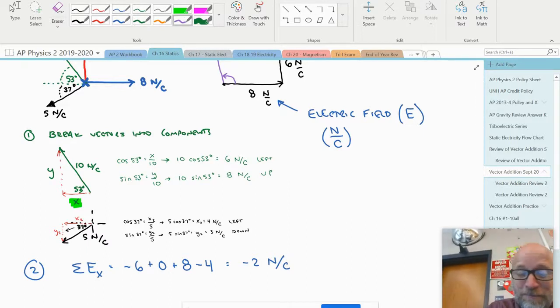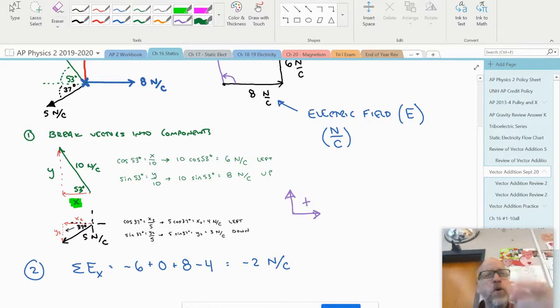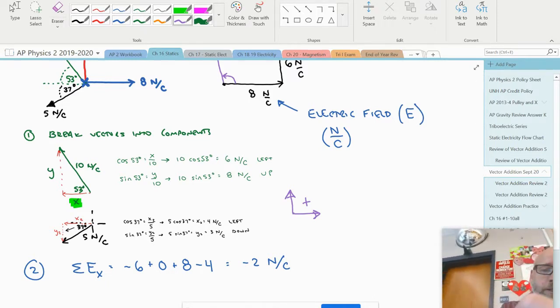I did it! I came up with these signs. How did I come up with those? What was I in reference to? That's right, my positive arrow. 2 points for everybody that yelled that out at their computer. Sorry. Now, the sum of the electric fields